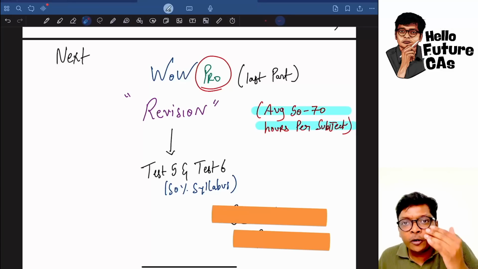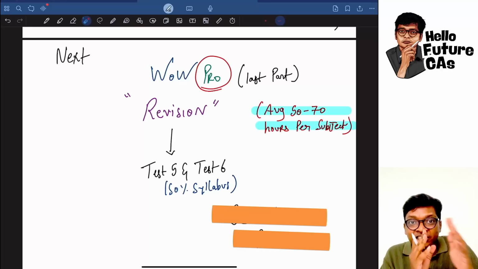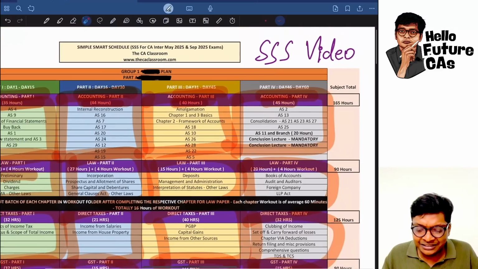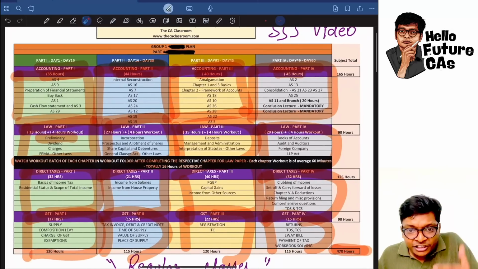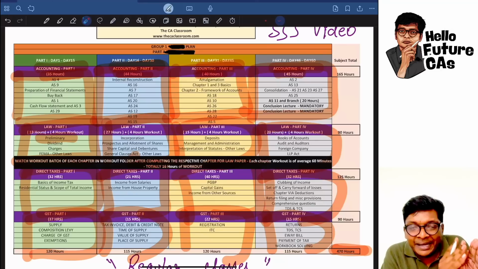So once these 4 parts are done, almost 400 hours of learning for a group, we will be giving you, or in the schedule which is aligned to our classes. Now for students who have not taken our classes, nothing to worry. You finish the schedule as per these 4 parts. These 4 parts are designed from basic, middle,